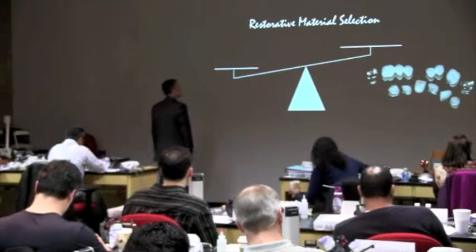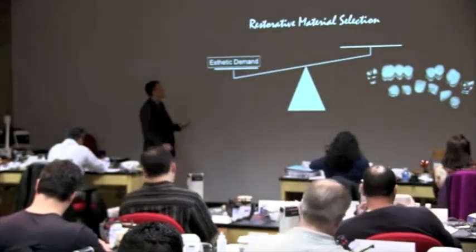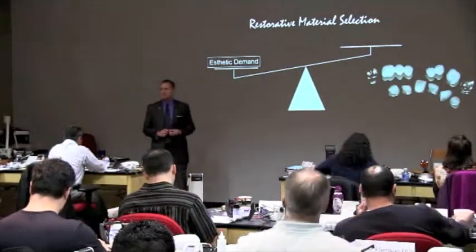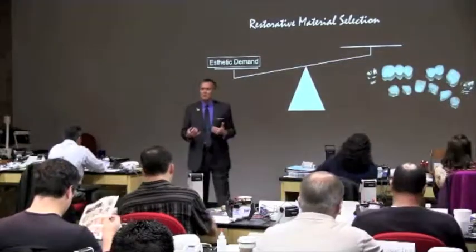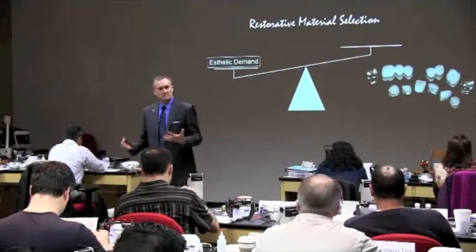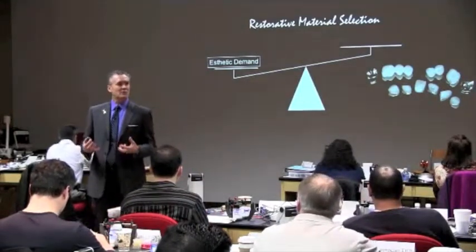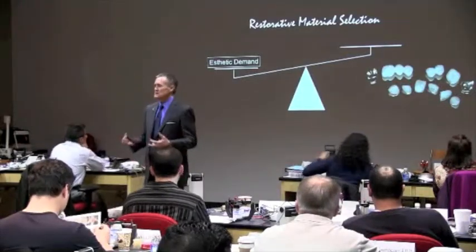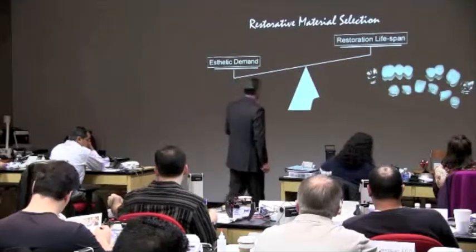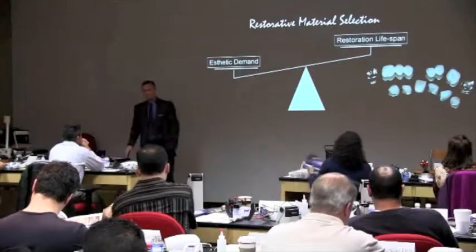So as we look at restorative material selection, we have this balance going on that we're trying to figure out. Obviously the buzz is aesthetics, aesthetics, aesthetics. I want the most beautiful material possible in order to restore my patient's smile. I want very lifelike materials that have the optical properties so that from an aesthetic standpoint they look like teeth when I'm done. The challenge is we've got a restorative lifespan. We have functional needs. We have force issues that